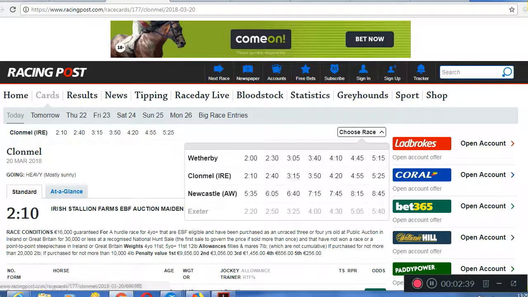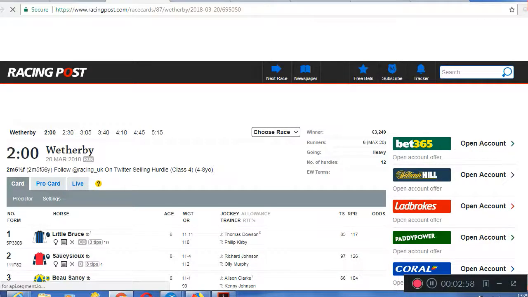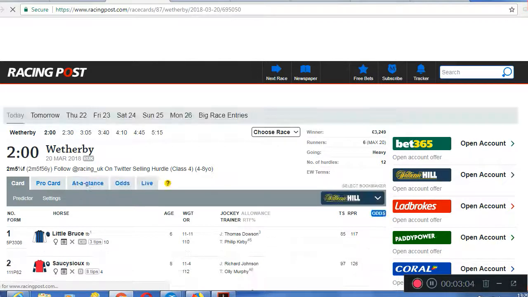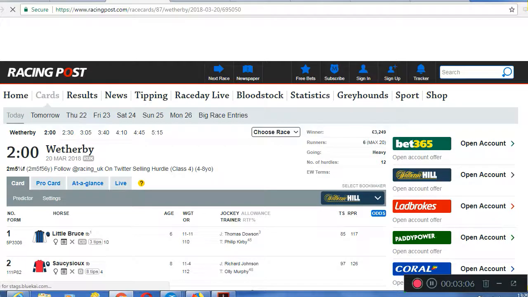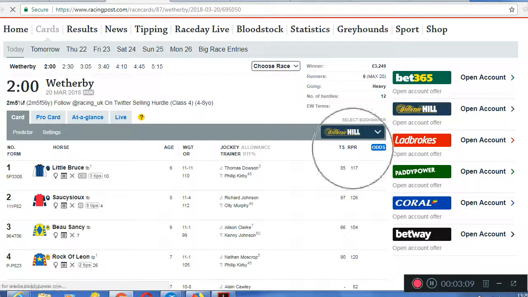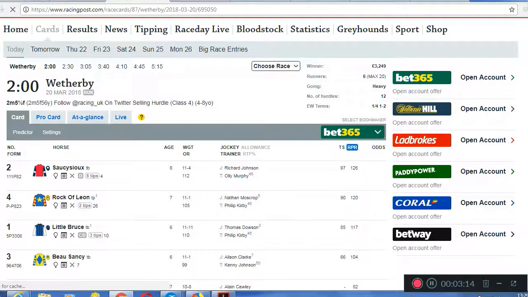and click the race in question. And this is another reason I don't like to use Racing Post very much. It takes far too long to load each page. It has to load all the adverts and offers and everything else that the Racing Post has on its page. So what I'm looking at is the Racing Post rating, the RPR. I'm going to click and put these ratings in order. So I'm looking for a horse that is top rated